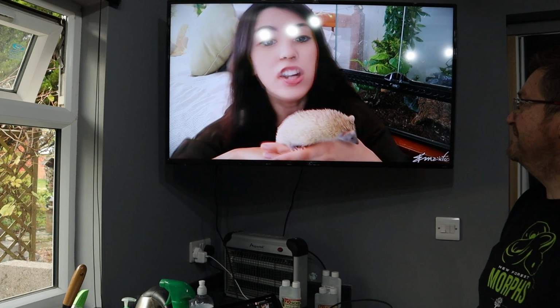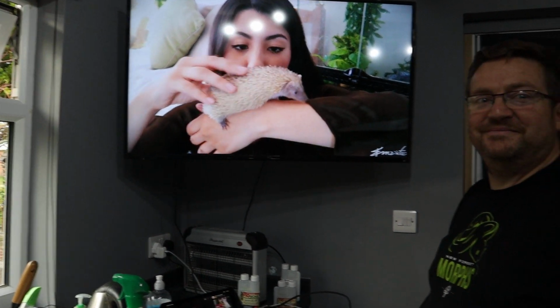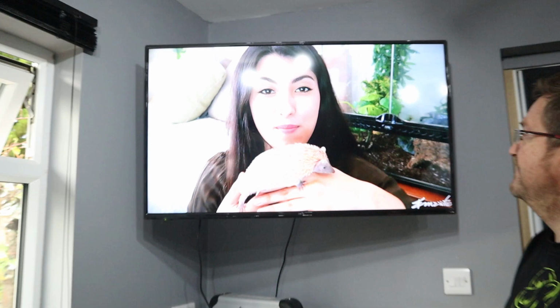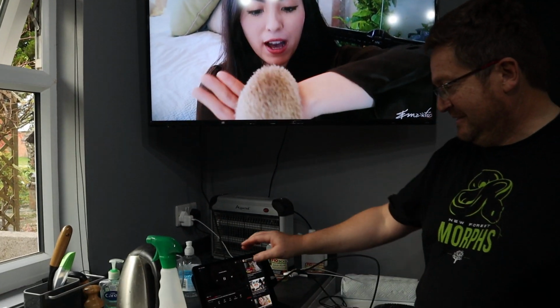If she were threatened, she could roll into a ball, much like a hedgehog, and she'd be able to erect these spines here. They become very, very spiky. Right now, they're not very spiky. They kind of feel like a tangle teaser. They feel a lot like a hairbrush. Now, hedgehogs, when they're threatened, when they roll into a ball, you usually can't get them to open up. But with a Tenrec...